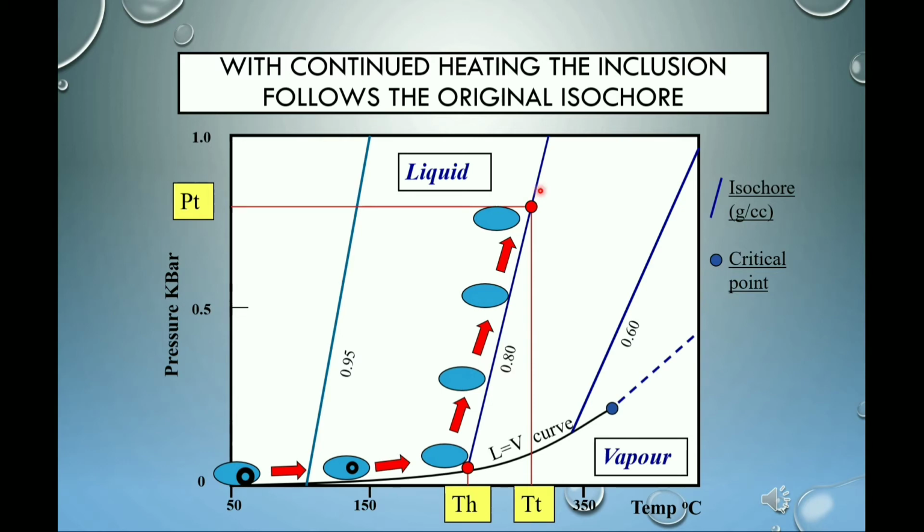Why this is happening? Because when we are increasing the temperature of the inclusion, the liquid is trying to expand, but it has no room for more expansion, okay. The pressure inside the inclusion is increasing again. So definitely if I continue the heating experiment for infinite time, a time will come when the inclusion will explode or the crystal will be melted. So the question which is originating here, that up to what temperature we have to heat the sample, okay. The answer is the optimum temperature will be when the pressure inside the inclusion is reaching the pressure of trapping.